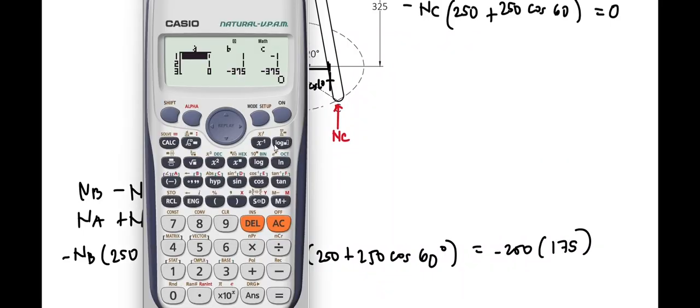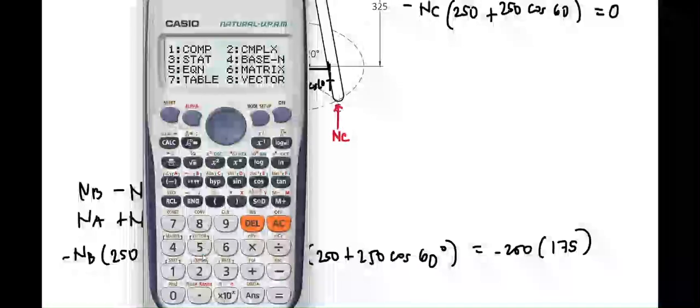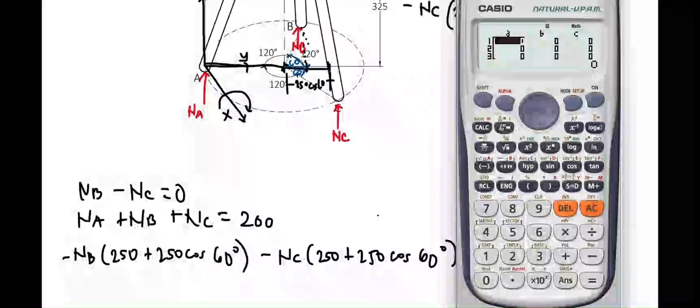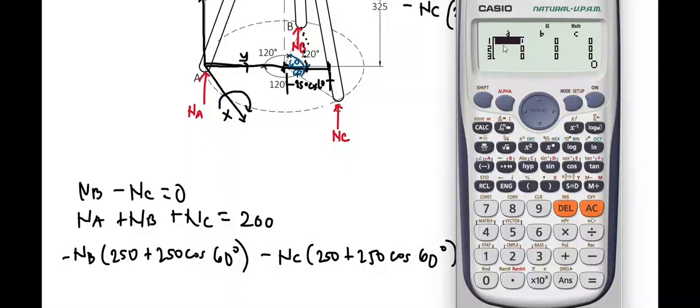Now we can input these three values to our calculator by going to mode 5, 2. So three equations with three unknowns. We let A represent the normal force at A, and B for N sub B, C for N sub C, and for the constant term at D. So we have, for the first equation, no N sub A, we have 1 N sub B, and negative 1 for N sub C, and no constant term. And for the second equation, we have 1 N sub A, N sub B, and N sub C, equal to